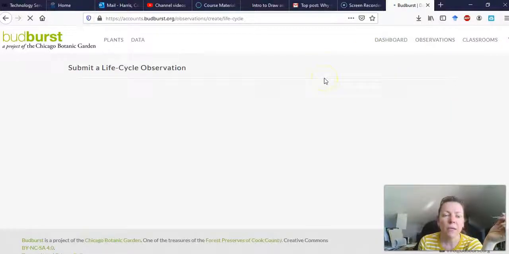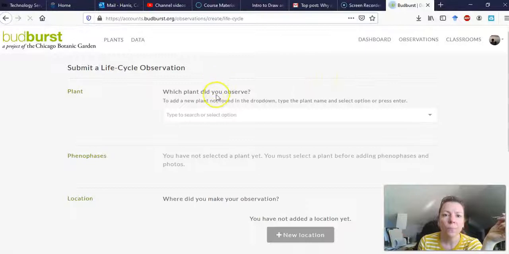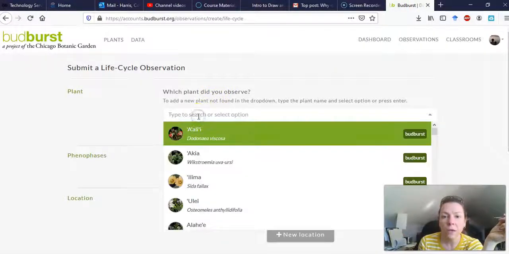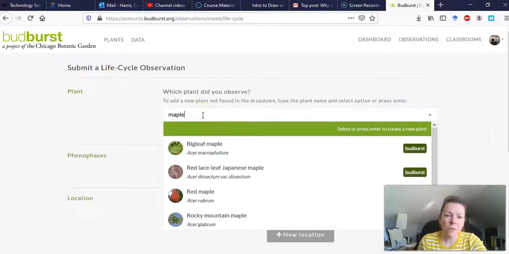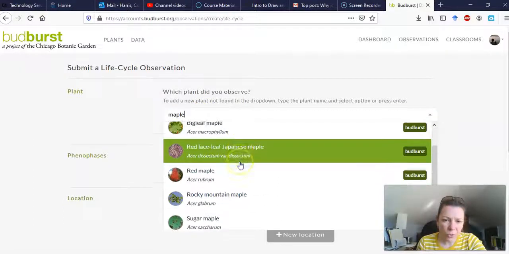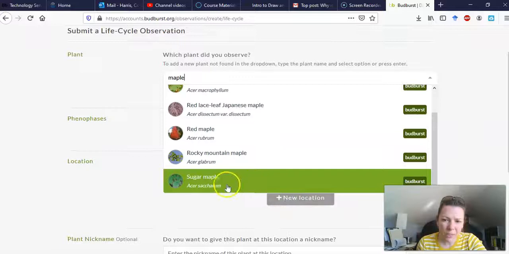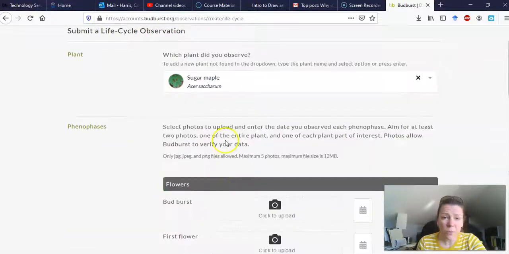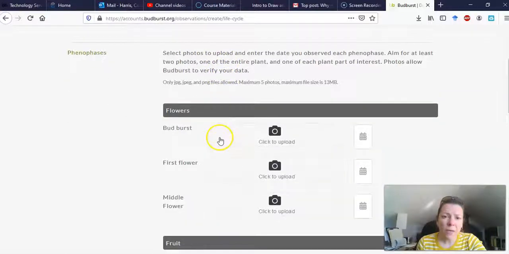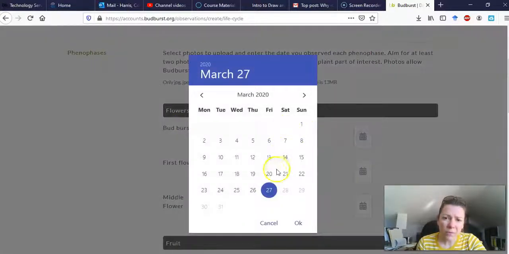And then I think that I observed a maple tree, but again, I'm not 100% sure, so for now I'm going to pick sugar maple. I think that's what I've got. And I think that I have just the Budburst. I think that's what I have. So I'm going to put the date in there,